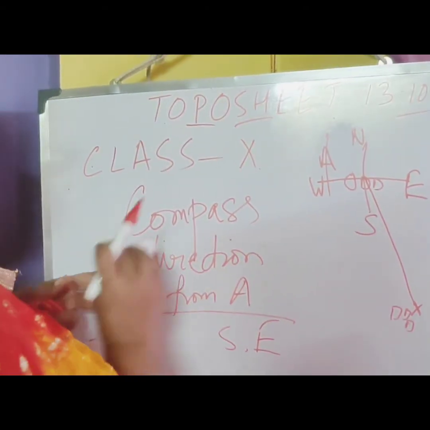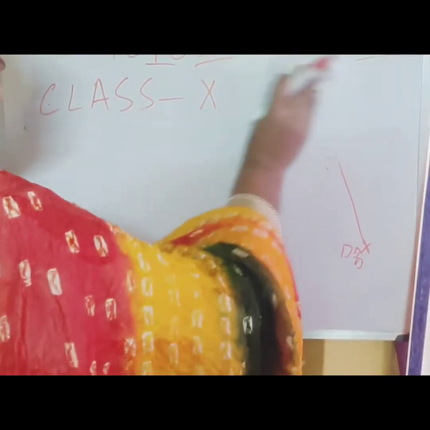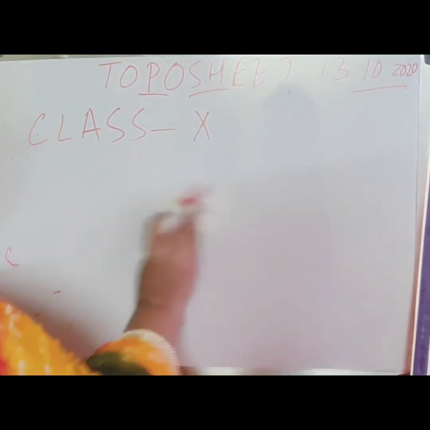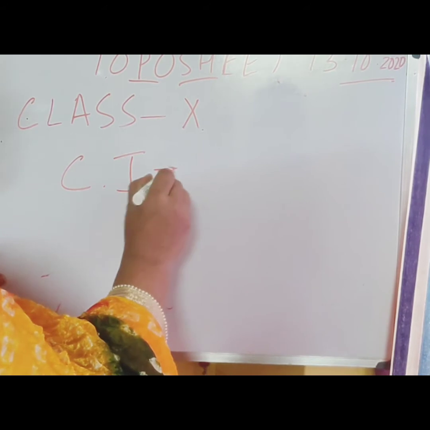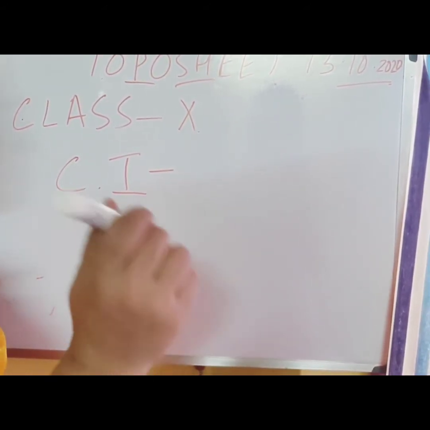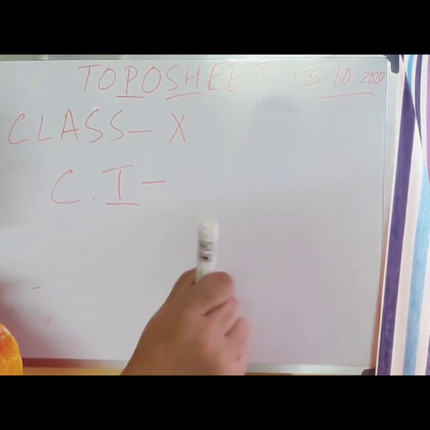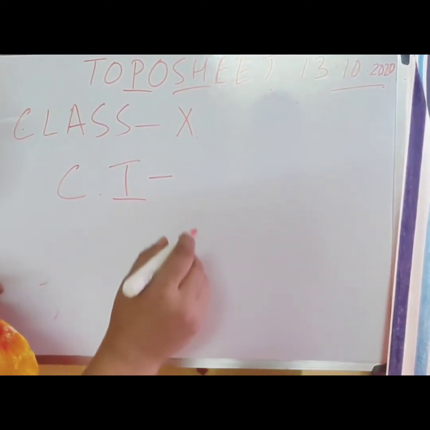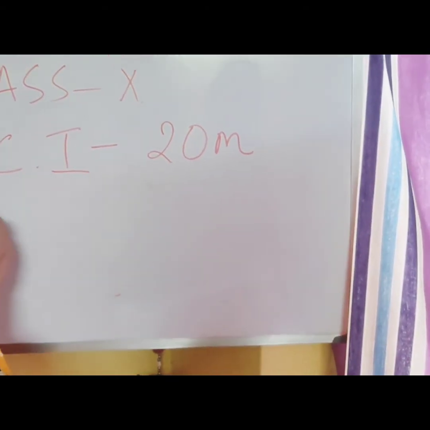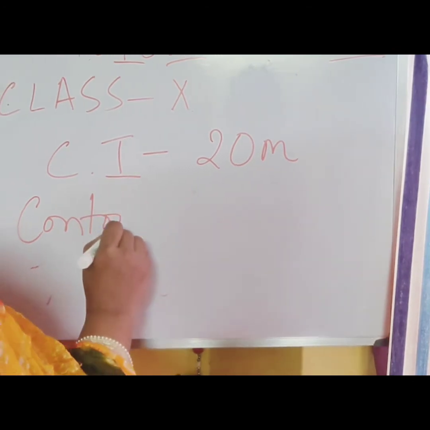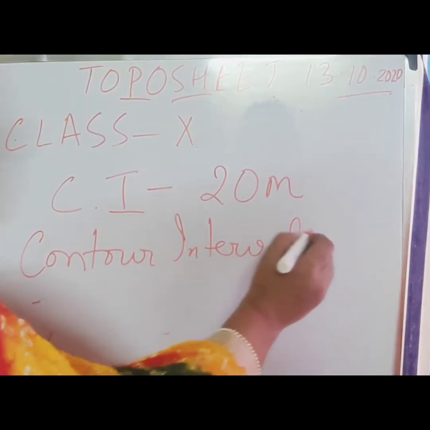Okay. And what is the CI of the map? CI is nothing but the contour interval. At the end of the map extract, you will be getting the map extract in the stationery. Students of class 10, please check that whenever you are getting the stationery, you get the map, the topo sheet. Because on the basis of that topo sheet, you will be getting the half yearly questions. So at the end of the map, you see that the contour interval is written, 20 meter. So that is the CI of the map.